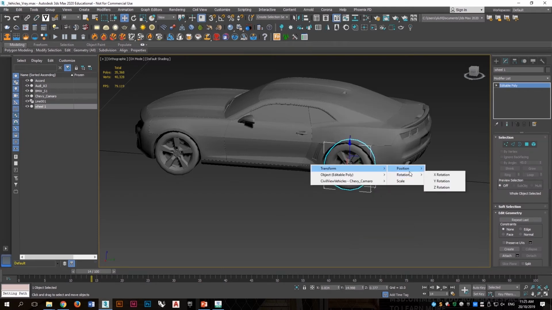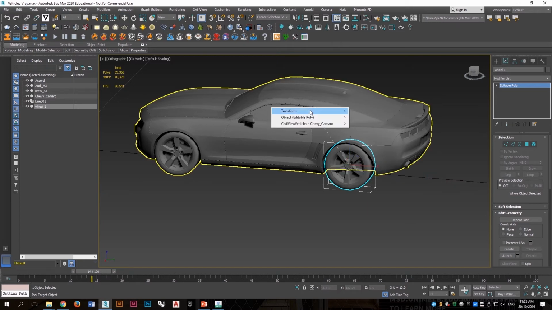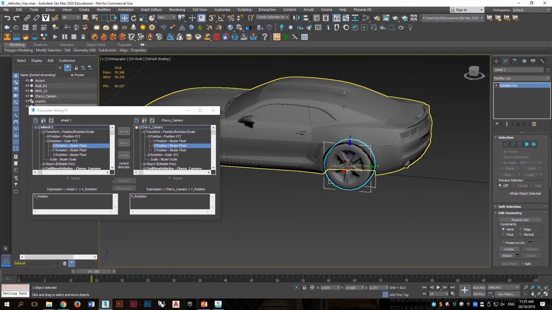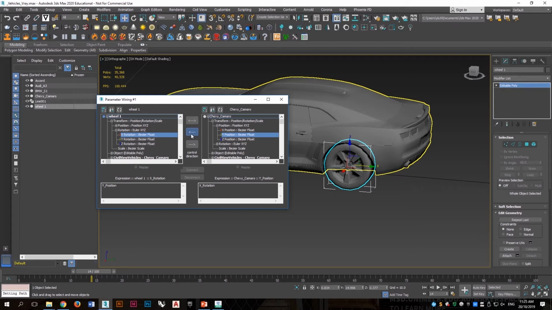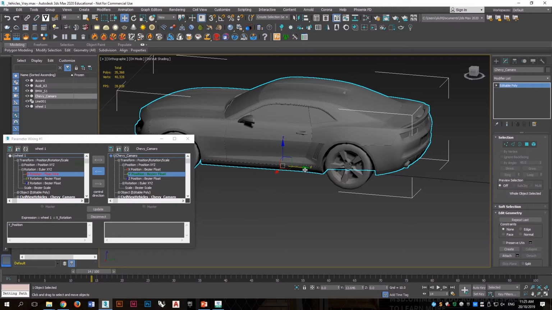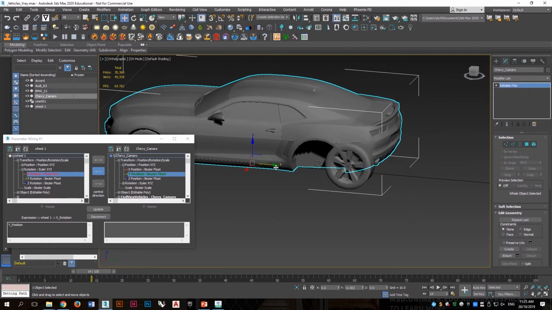Then we use a wire parameter to transform rotation. We want it to rotate along the x axis, which is connected to the car, and the car will move along the y-axis. So the car moving along the y-axis will result in a rotation of the wheel in the x-axis, and that's what we want. So we do this direction connection,